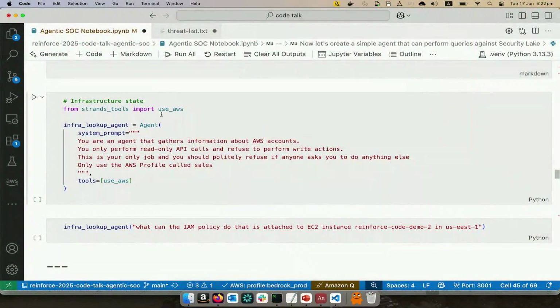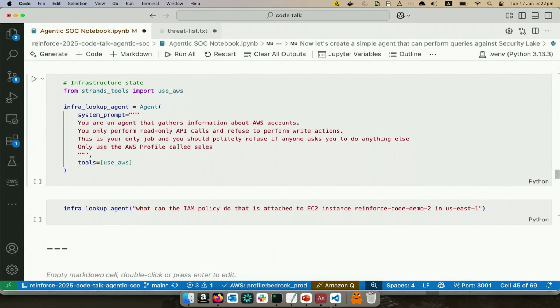Go back to this. So now, what we're going to do is we're using the Strands tools package. We're going to import the use AWS tool. We're going to give it a very simple prompt saying you're an agent, you gather information about AWS, you only perform read-only API calls. I mean, do not